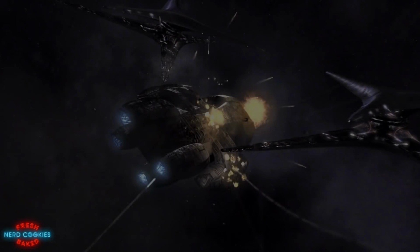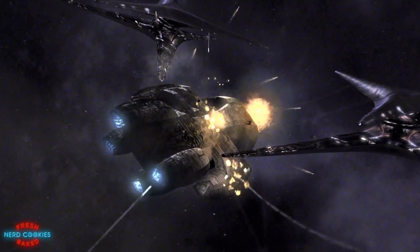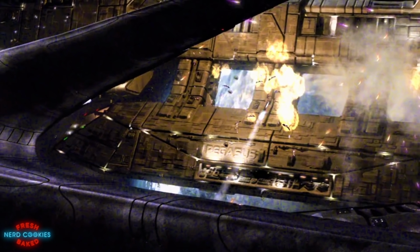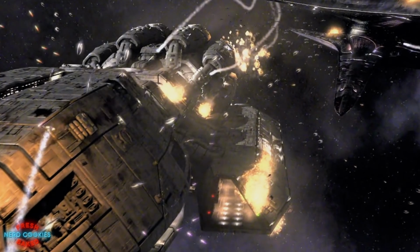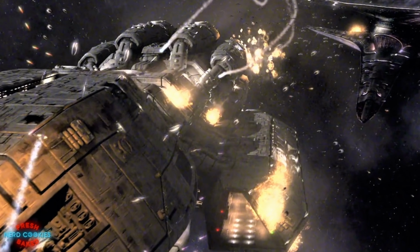The Galactica then engaged with multiple Cylon base stars and continued to take heavy damage. Moments before its seemingly inevitable destruction, the Pegasus arrived and was able to draw the attention of the base stars long enough for Galactica's crew to bring its FTL drives back online, recover its fighters, and escape. This battle saw the destruction of the Pegasus, and once again the Galactica would remain as the colony's only line